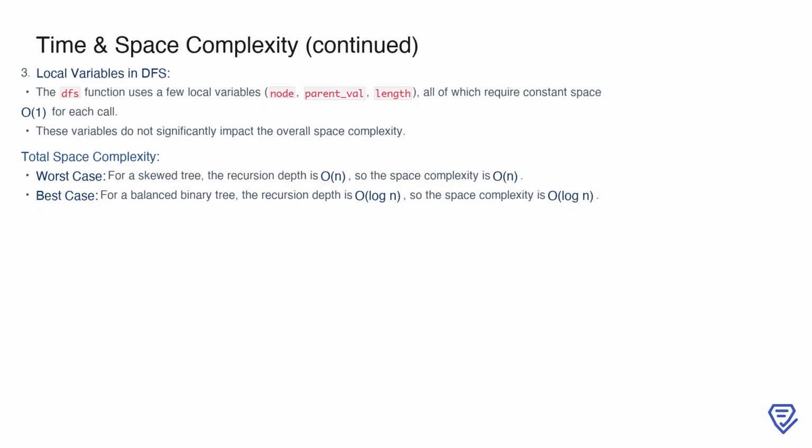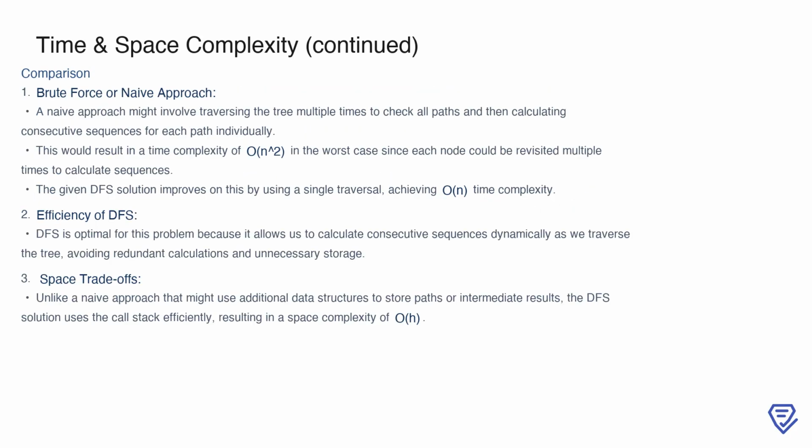For a skewed tree, where the recursion depth equals the number of nodes, the space complexity is O(n). For a balanced tree, where the height is proportional to log n, the space complexity is O(log n). This balance between recursion depth and efficient use of local variables ensures that the algorithm remains space efficient even for larger trees. To further understand the efficiency of this solution, we can compare it to a naive or brute force